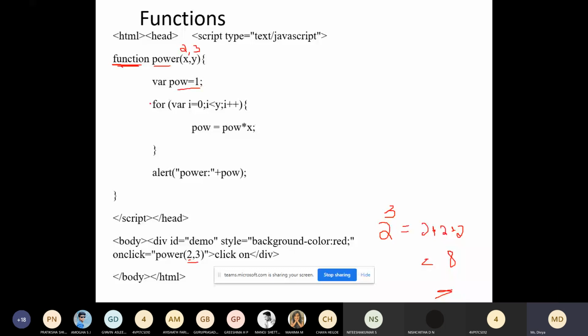Here we are using a for loop, i is equal to 1, i less than or equal to y. So power is equal to the initial value 1 into x, which is 2. So now power will have 2.